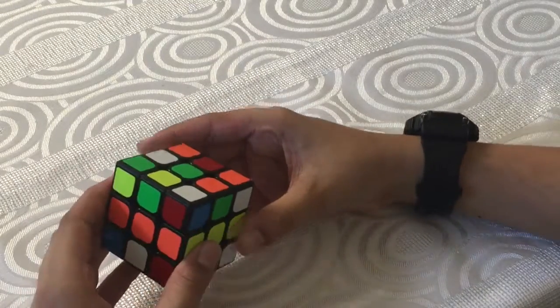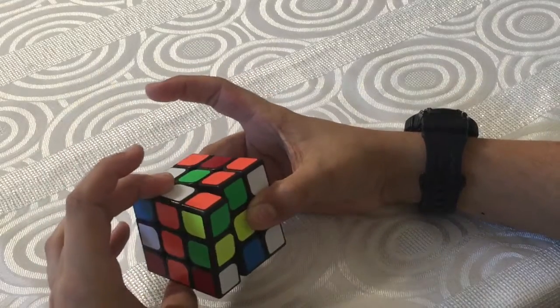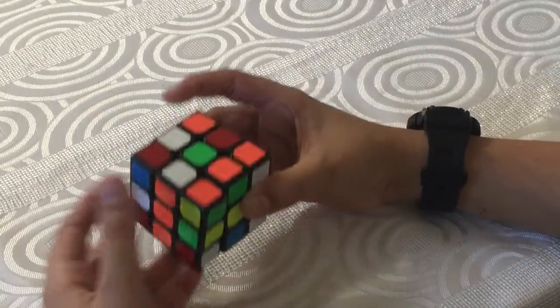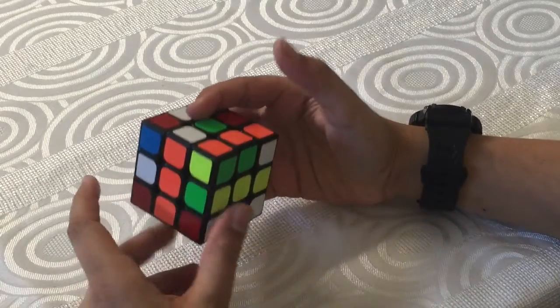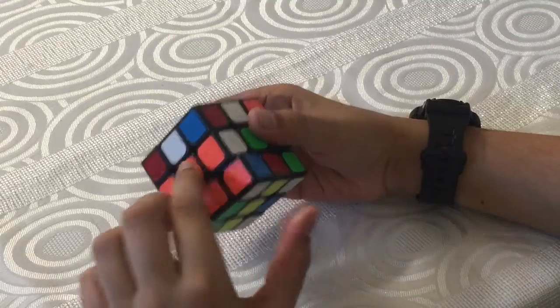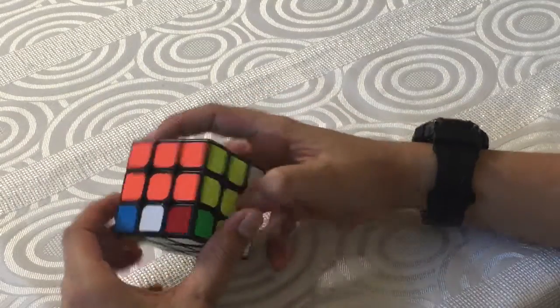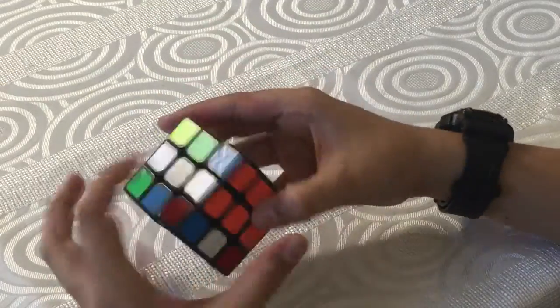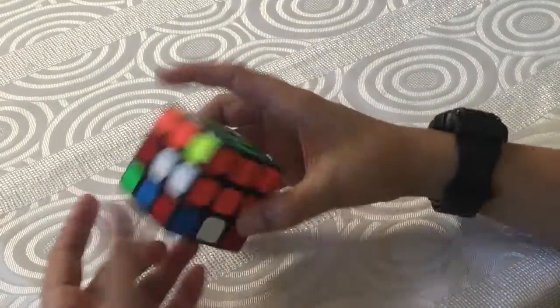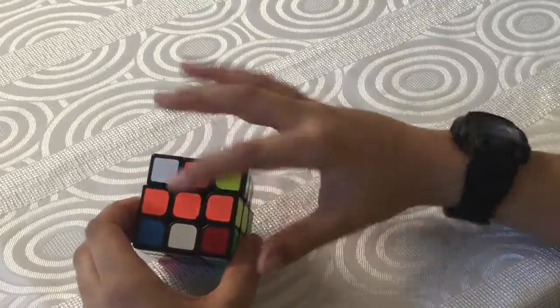there's an easy fix. All you have to do is just put it to the side, move the cross, or the sort of finished cross, and just pull it in, connecting it to the edge pieces, then push it back in. So that creates the third edge piece. Let's just get these out of the way for now, just so we can focus on